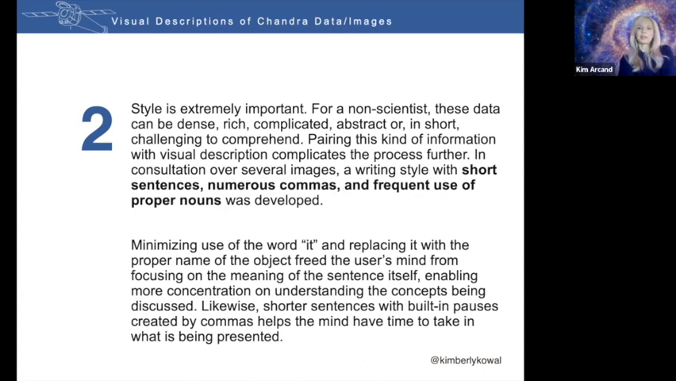And so being able to describe that information in a way that made sense, well, we had to couple it with making sure that we had shorter sentences, lots of commas, and proper nouns, so that instead of hearing "it" sprinkled throughout a description, you replace it with the proper noun of the object. That lets the person's brain capture that information and focus on the meaning of the sentence versus just trying to remember what "it" refers to. And the shorter sentences with the commas really helped with the pausing and the cadence to let folks